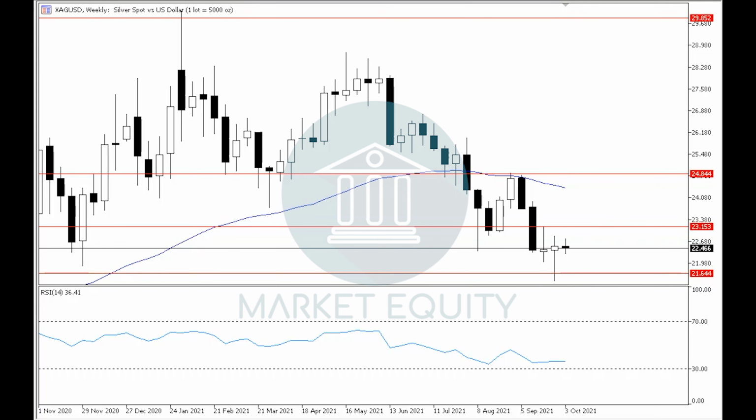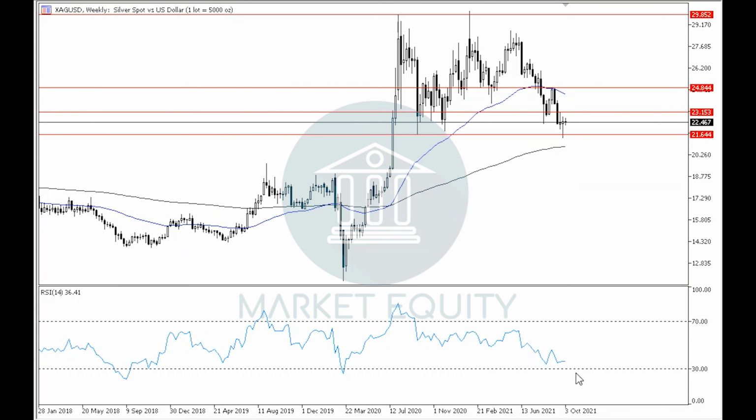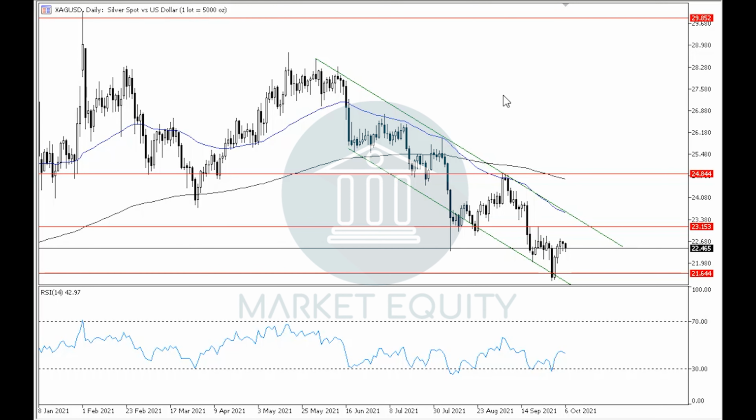time frame. If we notice the RSI indicator in the weekly time frame, then we can see that by moving around level 30 near the oversold area, it supports the probability of rebounding upwards off of around the current levels in order to continue with the sideways movement. Let's move to the daily time frame, where we can see that the silver has formed a downwards channel where it is currently starting to rebound upwards off of around the lower boundary of it, which is also the lower boundary of the sideways movement in the weekly time frame, around level 21.65, which by rebounding upwards off of it